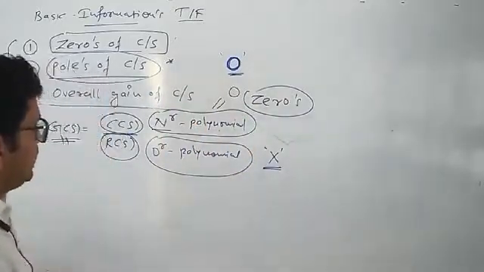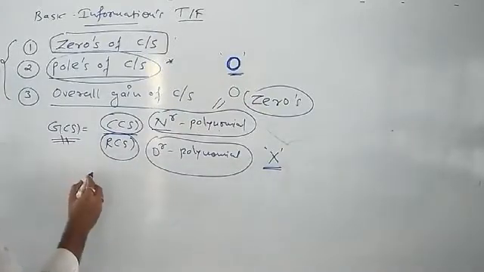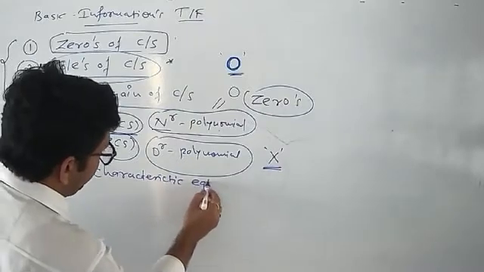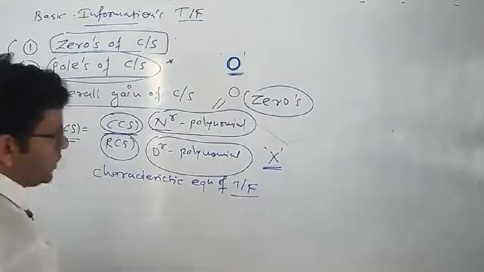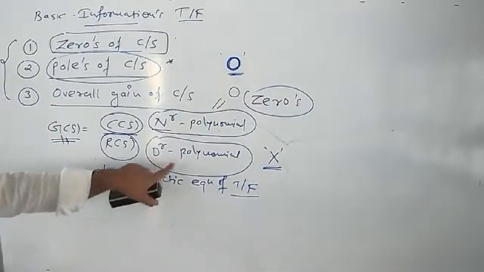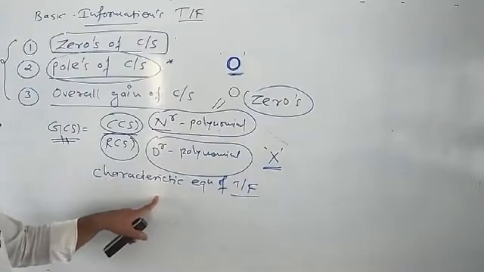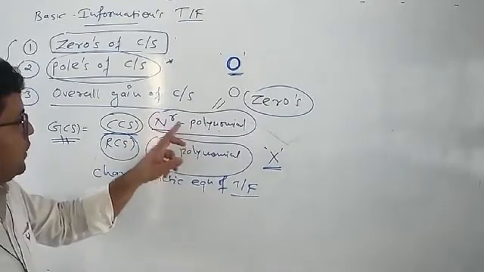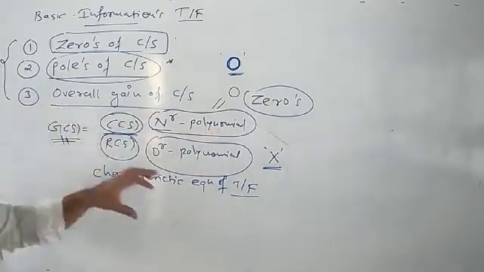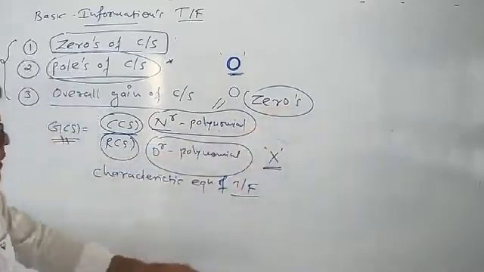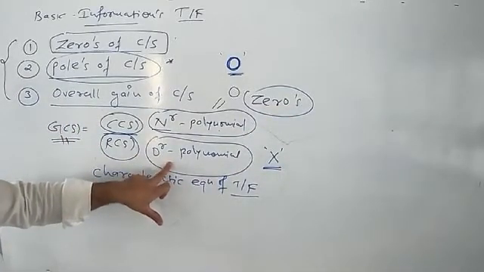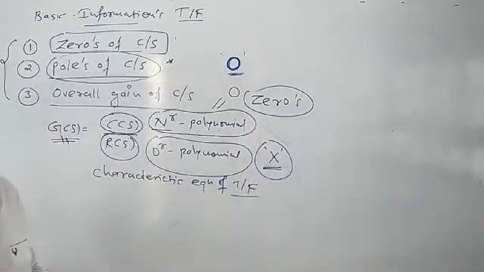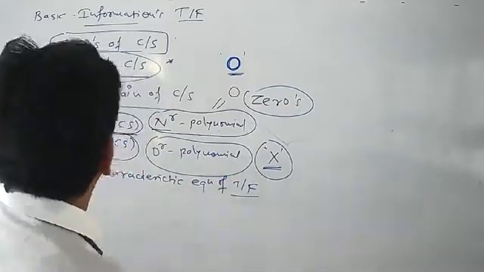Sometimes the denominator polynomial function of a transfer function is also known as characteristic equation of transfer function, or you can say of your control system. So denominator polynomial function बोलना क्या, the characteristic equation of transfer function बोलना क्या, they are nothing but the same. By obtaining the roots of numerator polynomial of your transfer function, we are in a position to obtain the zeros of control system, and by obtaining the roots of denominator polynomial of your transfer function, we are in a position to obtain the poles of your control system. So this you have to remember.